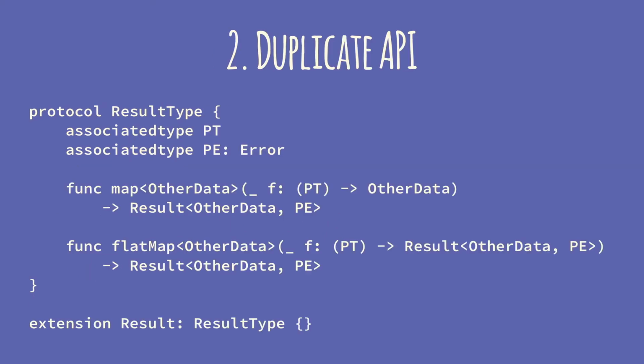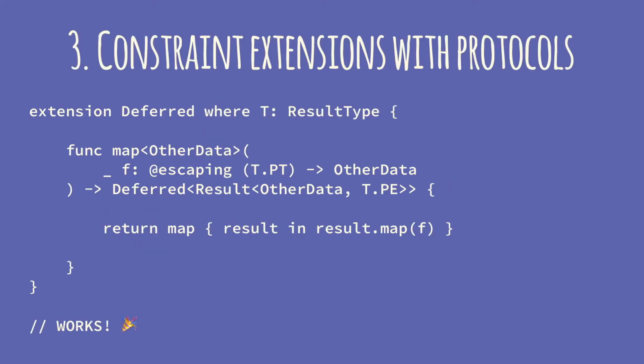Then you duplicate the API. You're just copying all those methods. But the important thing is that you can still return the concrete types here, because you are not doing protocol-oriented programming here. You're not lifting things into the protocol level and working on the protocol level. You just are trying to work with the Swift compiler. So this is the concrete type that you're returning here, the actual concrete Result type. Then of course you need to conform to this protocol. And then when you're trying to work the transformer, it works.